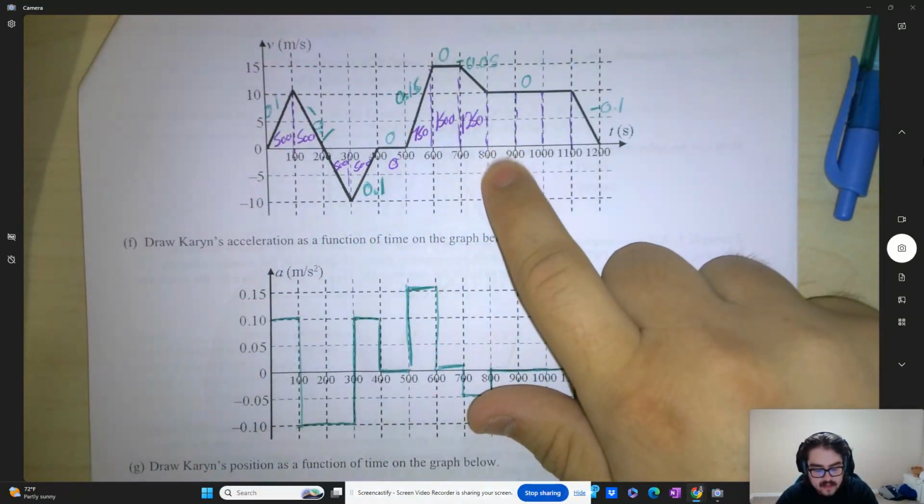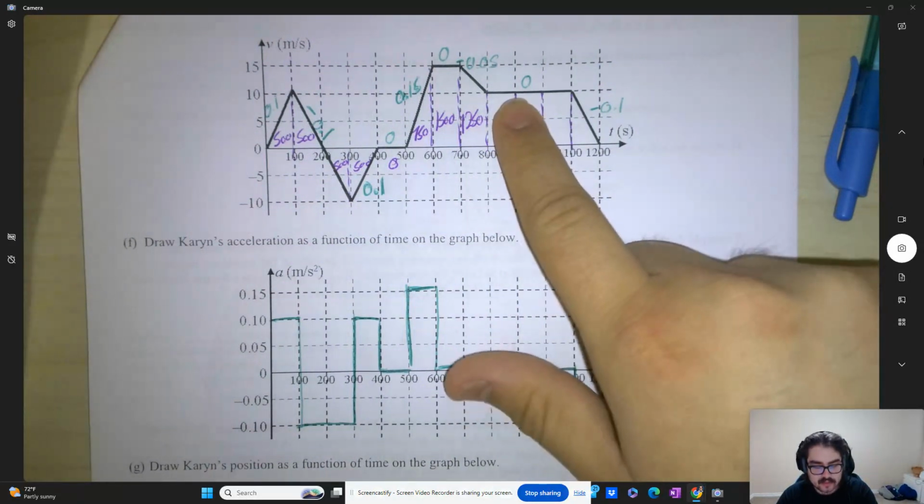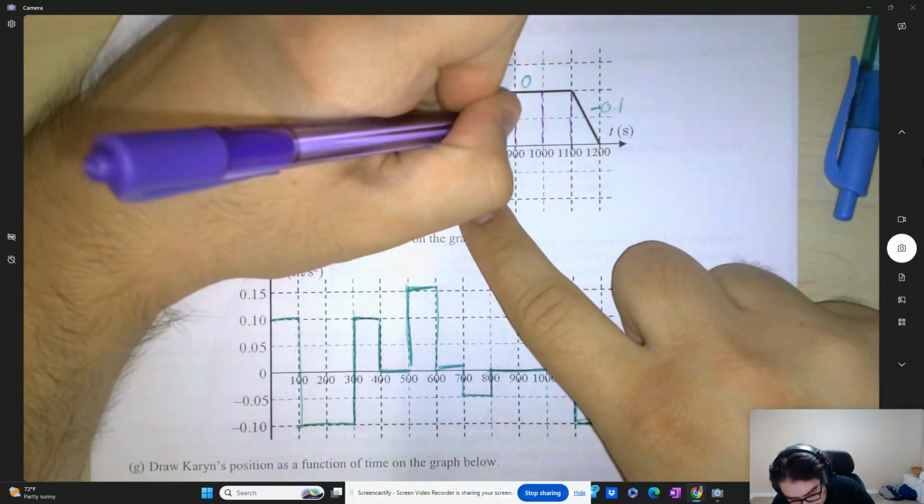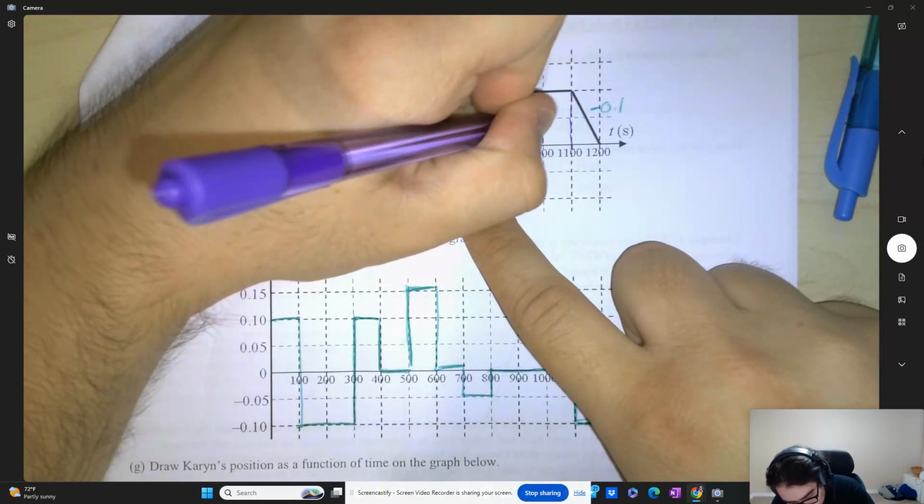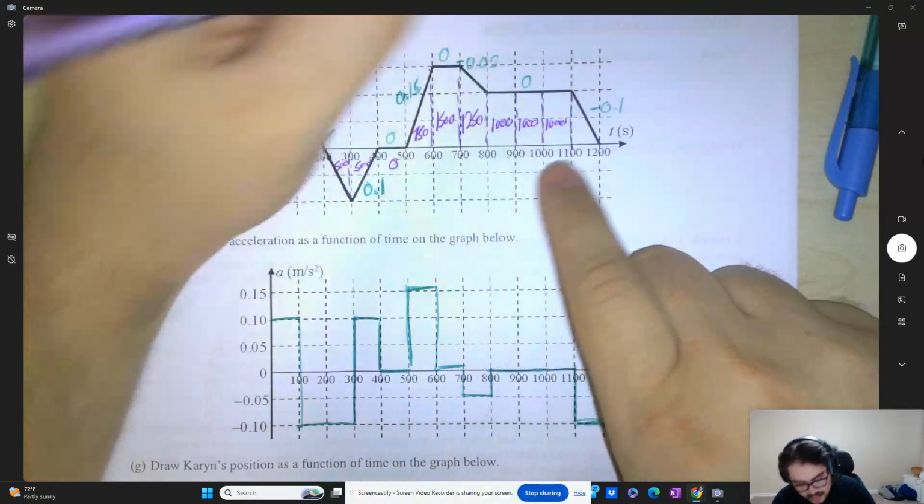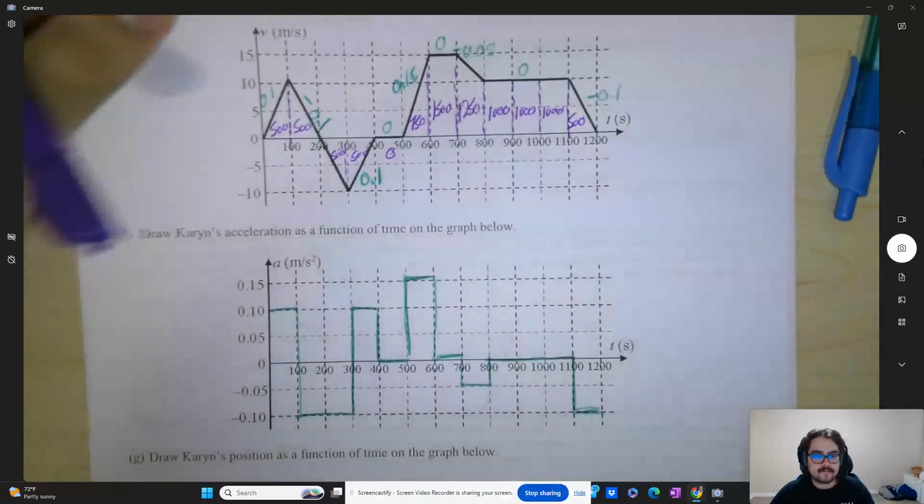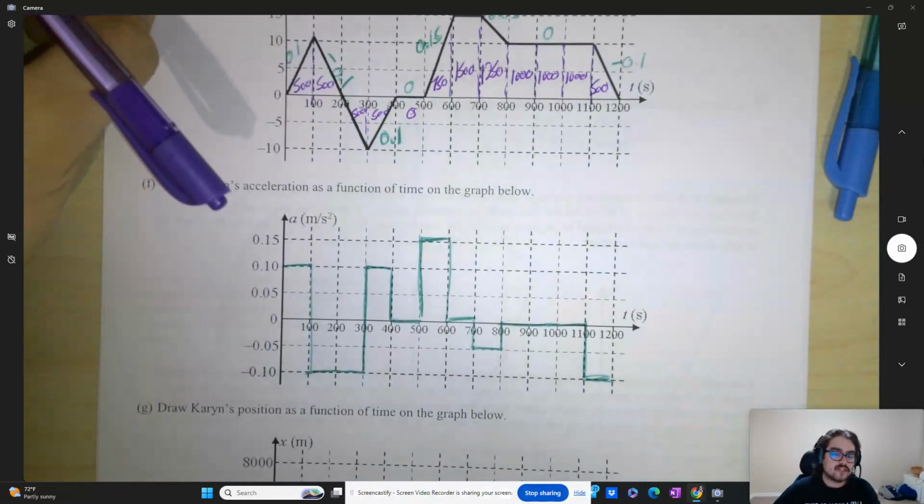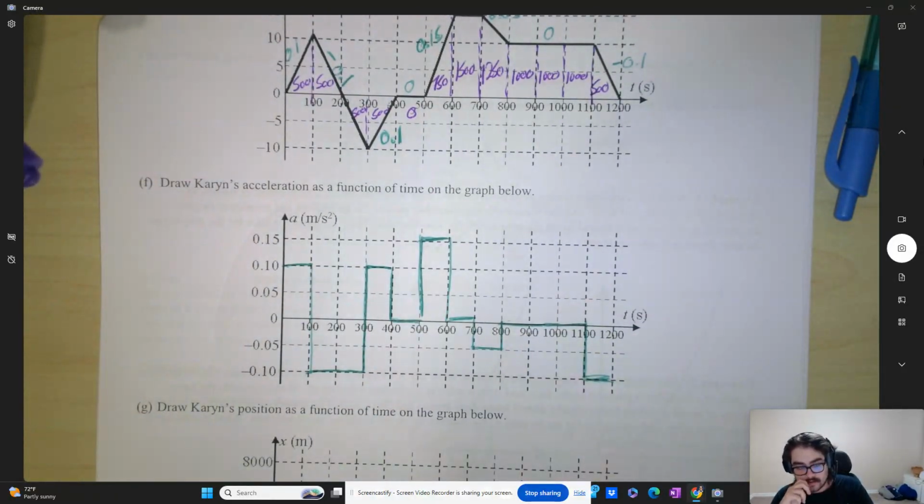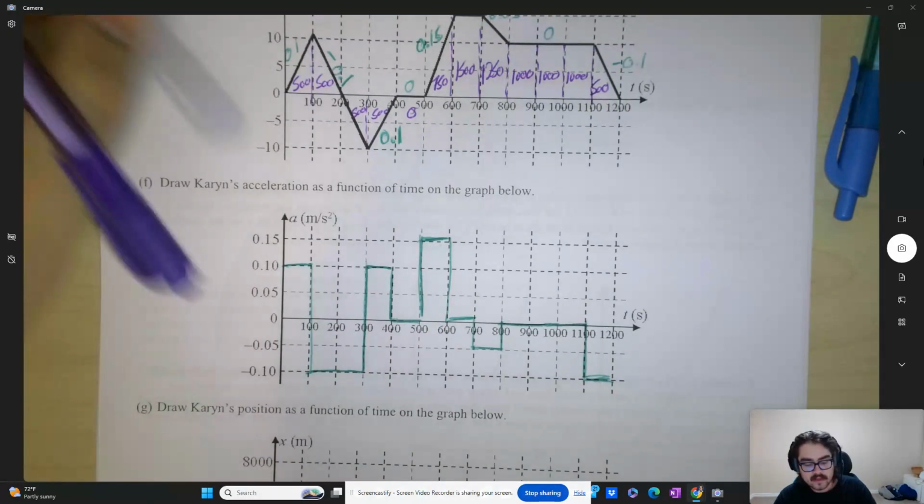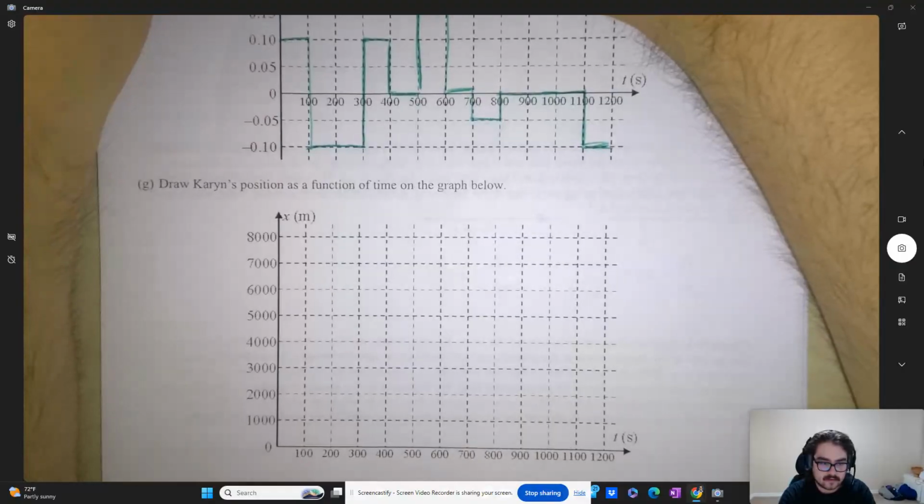Okay. Each of these segments right here, 1000. This is 1000. Okay, 1000. 1000, and then this last part right here will be 500. Okay, so we take the area of each part. Okay, so that gives us our change in area, our change in position. Okay, so to figure out what the position graph would look like, okay,